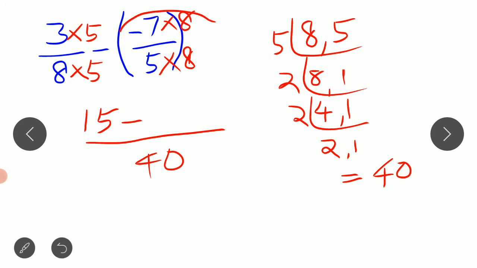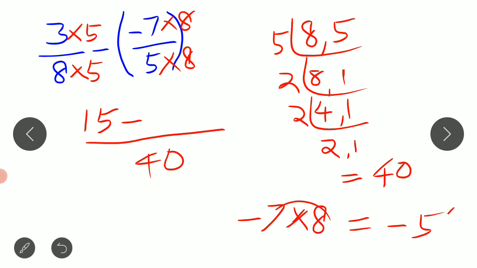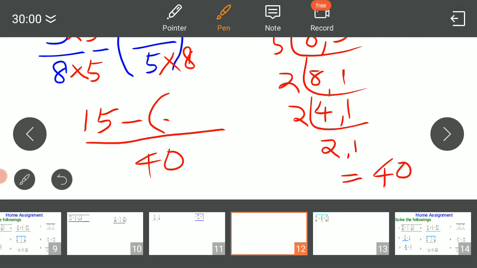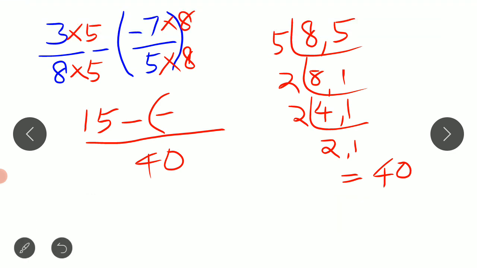So here minus 7 into 8. Plus into minus is minus, 7 8s are 56. We get the answer minus 56. Minus 7 into 8, minus into plus, here plus is hiding, is it? So minus 7 8s are 56, minus 56. I am writing it within the bracket, because there is already a negative sign, so that's why we are writing it in brackets.